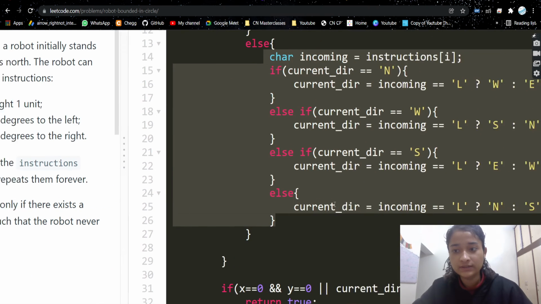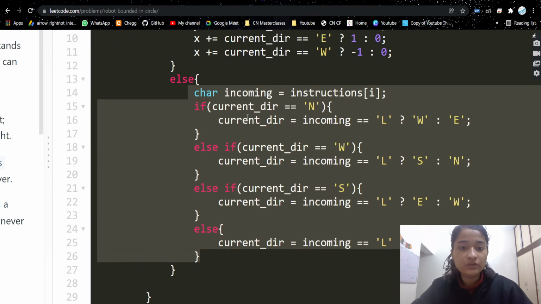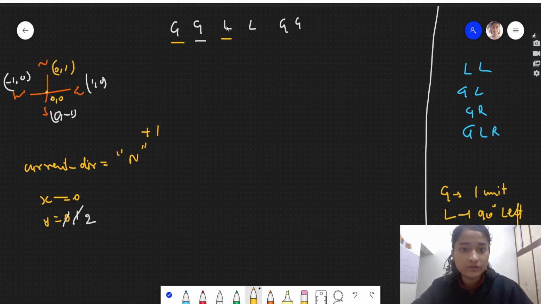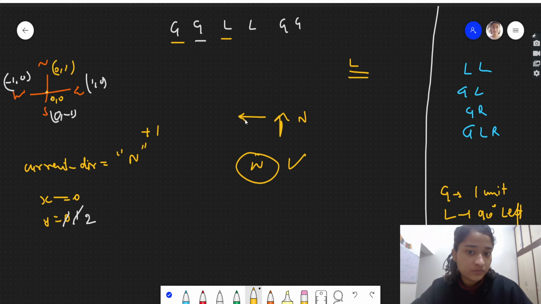In the else, we just need to change the current direction, because when we have left, we are just changing the robot's direction. So the current direction will only change for left and right. If it is left, we have to turn 90 degrees left. If we are currently facing north and we have instruction L, then north's left is west, hence the current direction will now change to west.